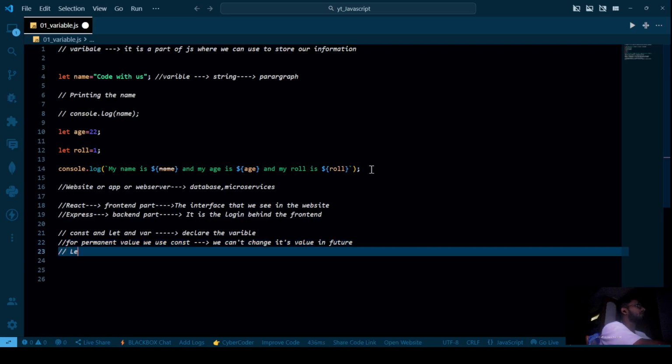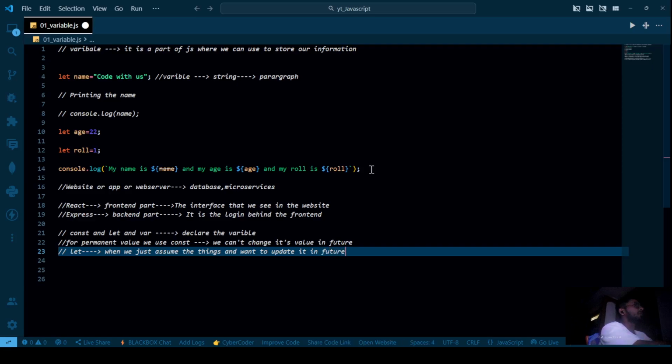Now when do we use let? Basically we use let when we assume we want to update it in the future.